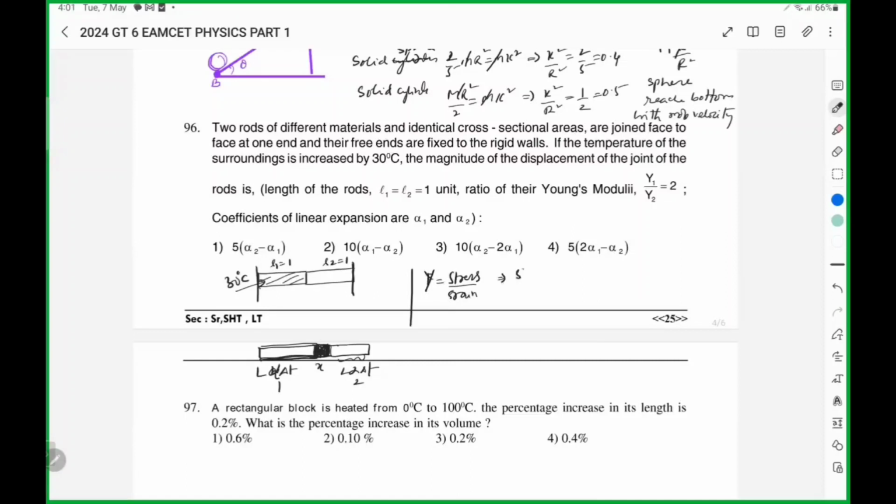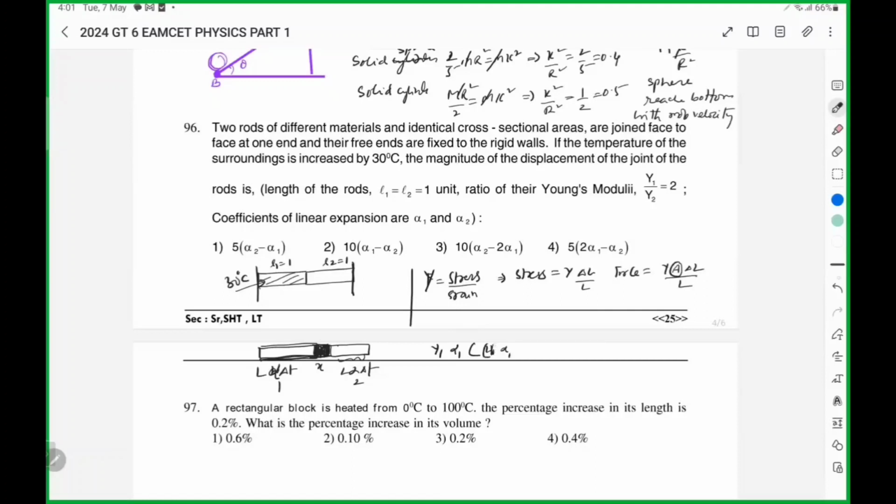The stress on each will be Y delta L by L. So force will be Y, stress is force per unit area. Since both have the same cross-sectional area, Y1 alpha 1,